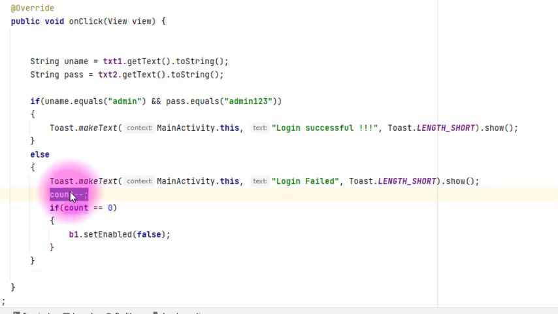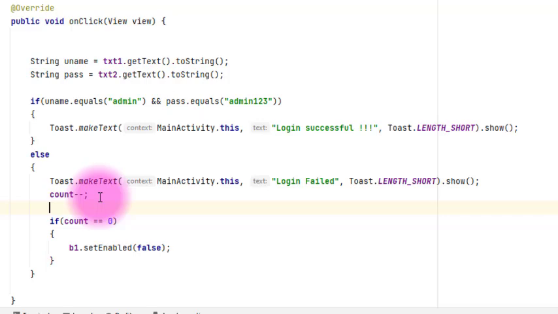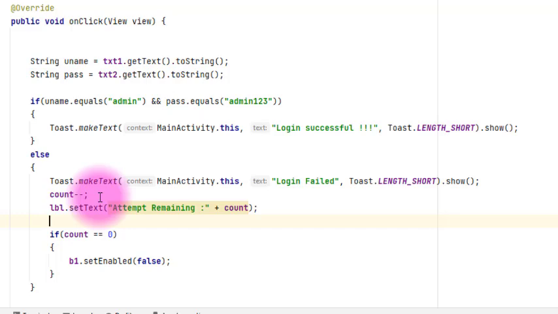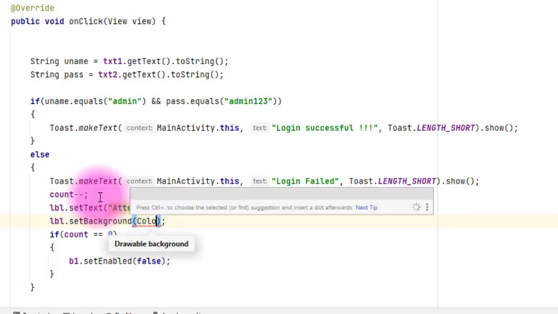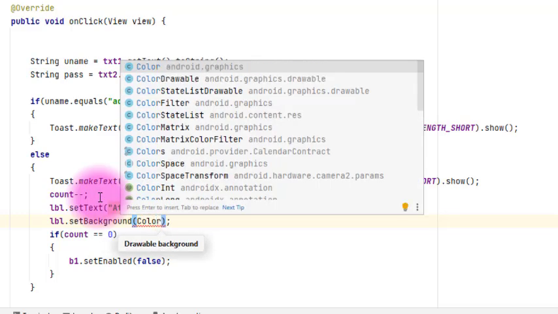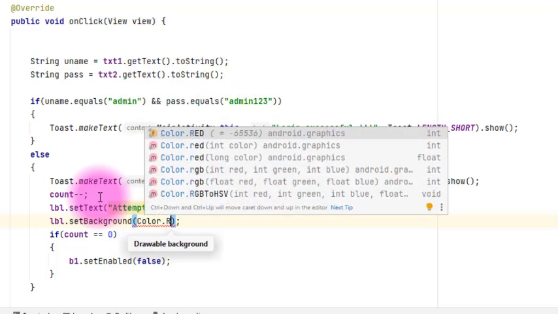The count is decremented. Now we will also print this count on the text view, that is lbl.setText, attempt remaining, and we will print this count, and make this label setBackgroundColor, Color.red.